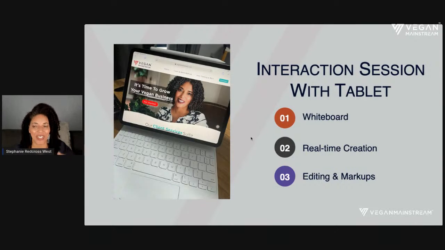And then the other thing I want to talk about, and I'm going to give it a try today, especially when we get into our Zoom session to show you guys, is that you can make a tablet an interactive session. And what I mean by that is, for many of our tablets these days, you could draw on them. You can put lines on them. You can write out boxes and show people the things that you're working on and the things that you're doing. And because we can always bring a second guest in, what you do is you treat your tablet like another person joining.